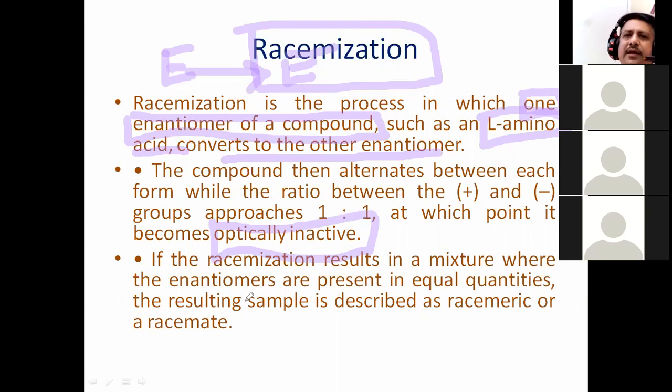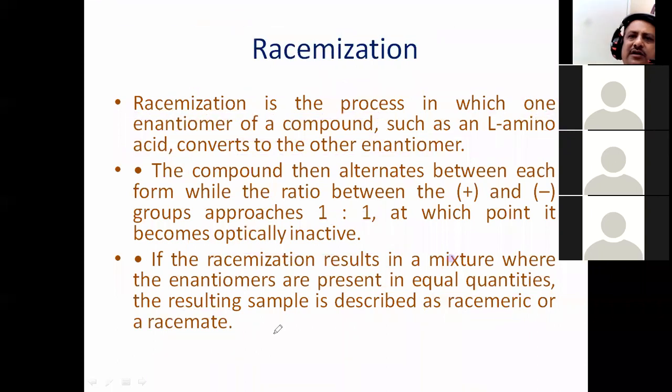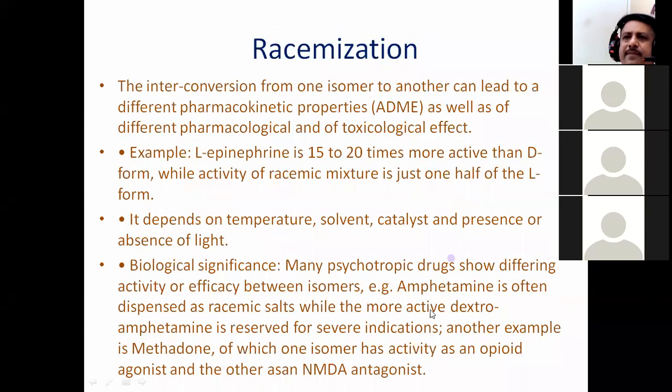Now, if the racemization results in a mixture where the enantiomers are present in equal quantity, the resulting sample is described as the racemic mixture or the racemate. Fine. So let's see some examples of the racemate or racemic mixtures, so you will have more clarity. Now the interconversion from one isomer to another can lead to